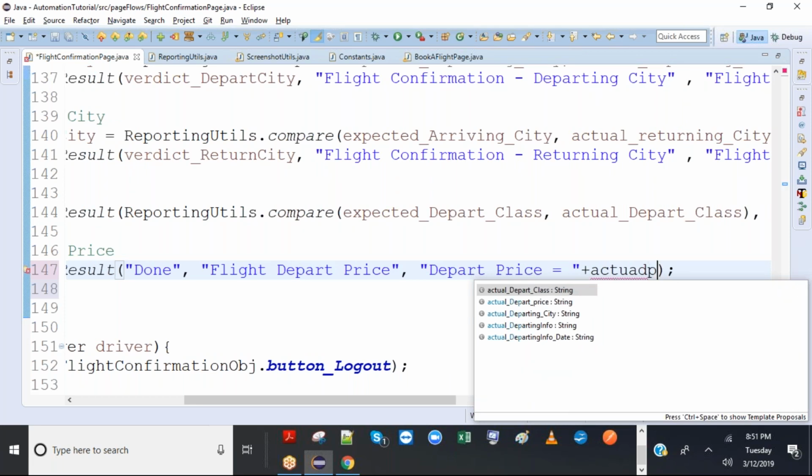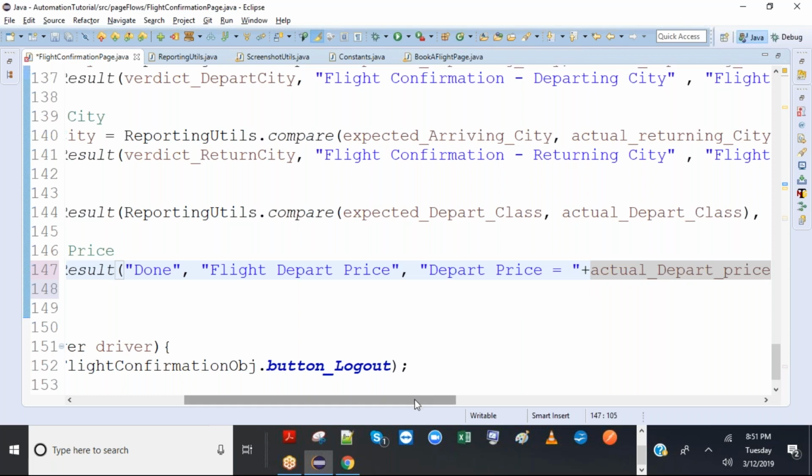You can actually keep on typing and it will show without any space. Also you can type, it will still show. That's the advantage of Eclipse.